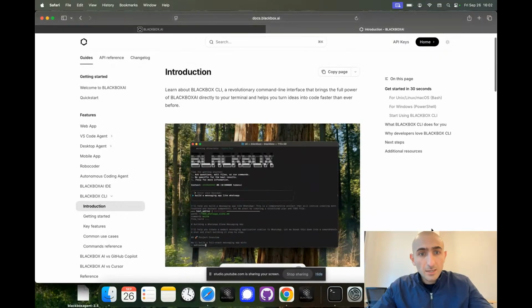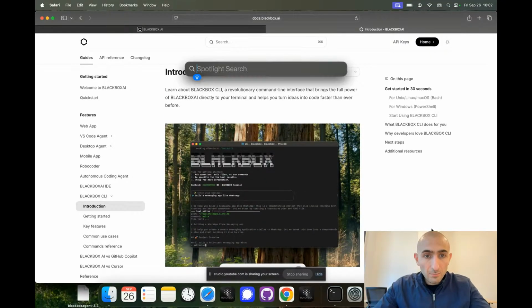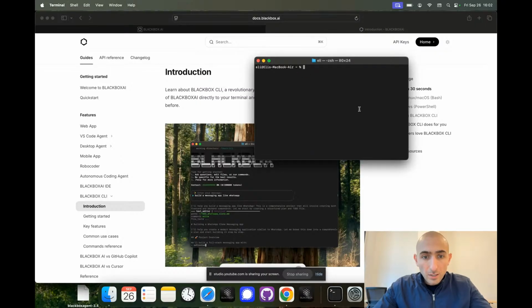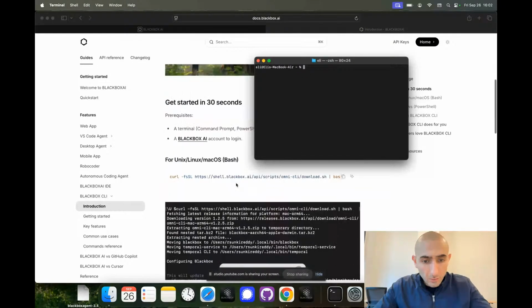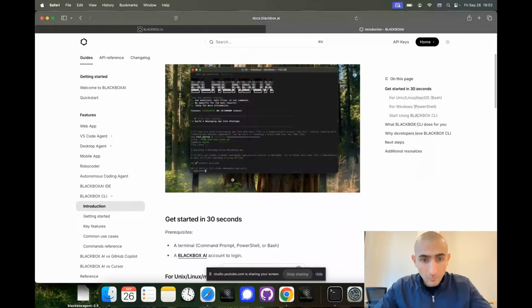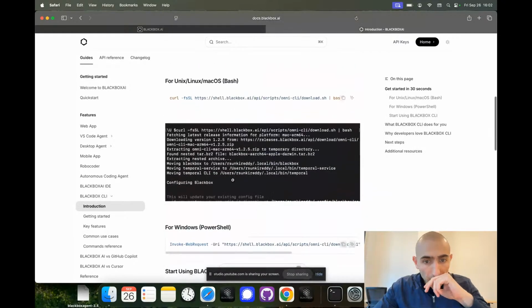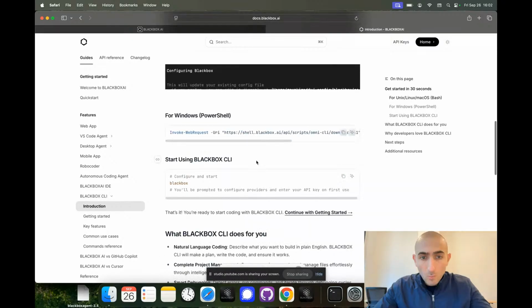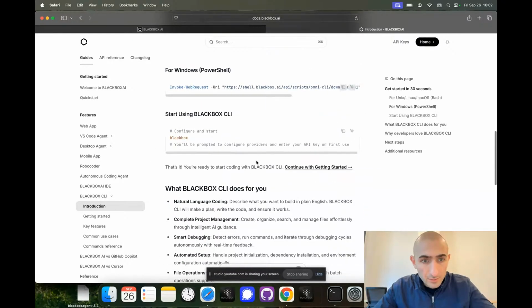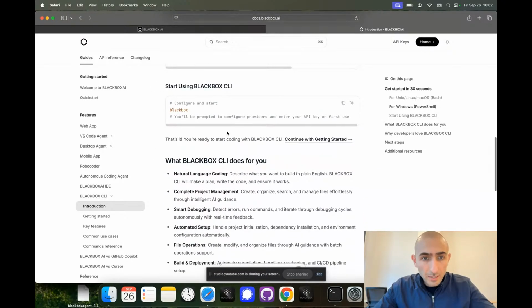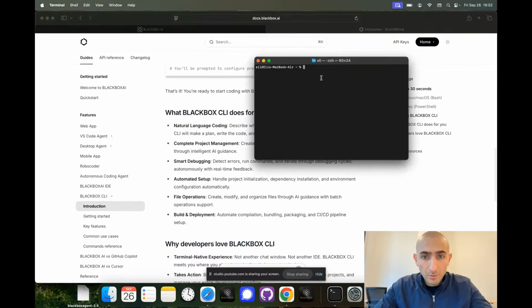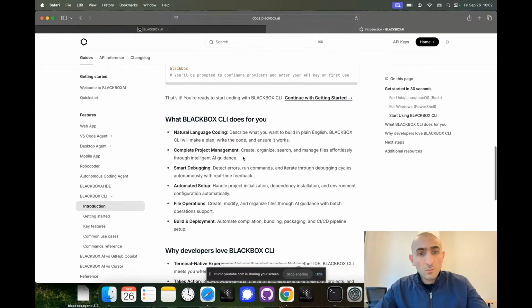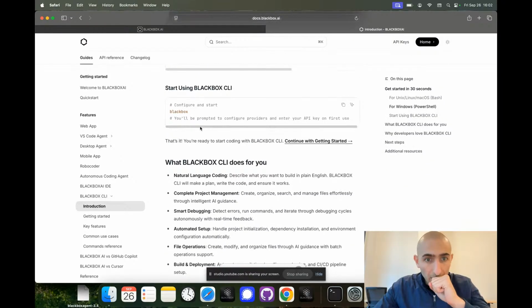So essentially, you have access to the Blackbox CLI. Once you install it, I think we're going to be able to go through the steps over here. Pretty much you can start with this: Windows, Mac, Linux, and then just begin using the blackbox command. So if I were to go through the initial steps that you'll get when you install it, you can start by,